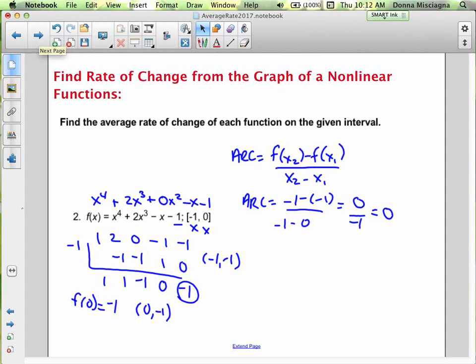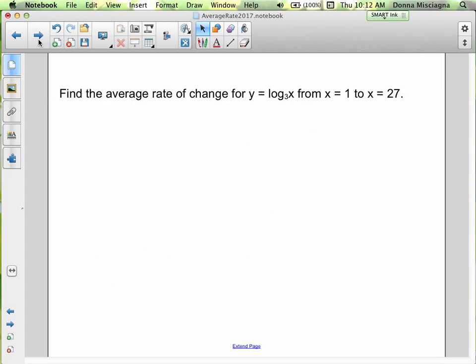We'll do one more problem. All right, so this is a good one to do because this is similar to one on your closing. And we have no graph here. So we want the average rate of change of y equals log base 3 of x from x equals 1 to x equals 27. So log base 3 of 1 would be,